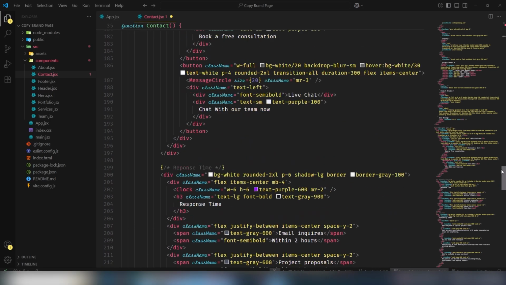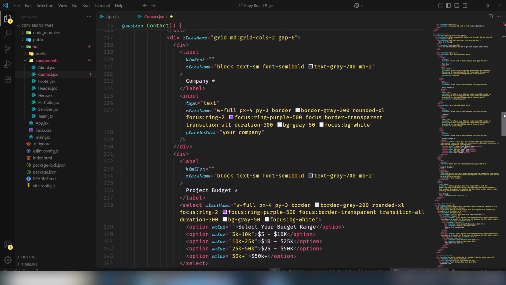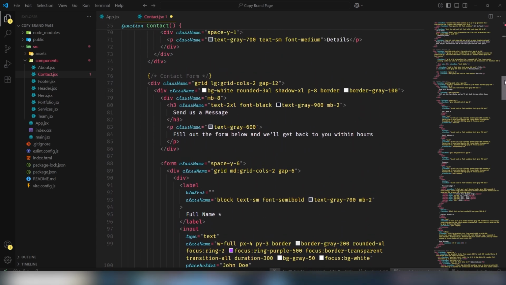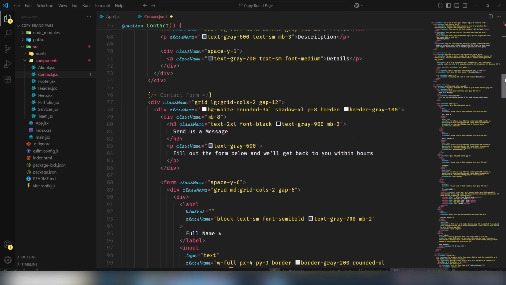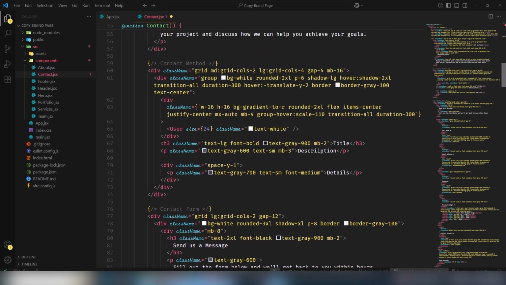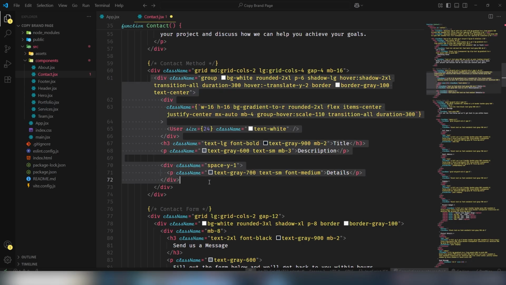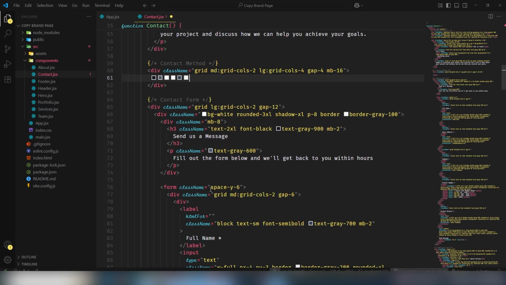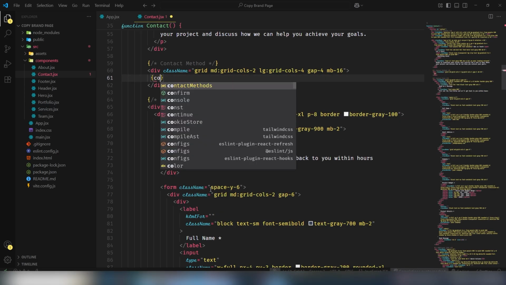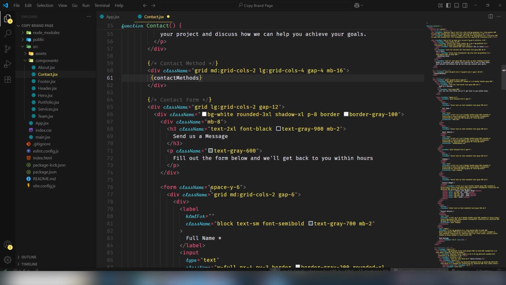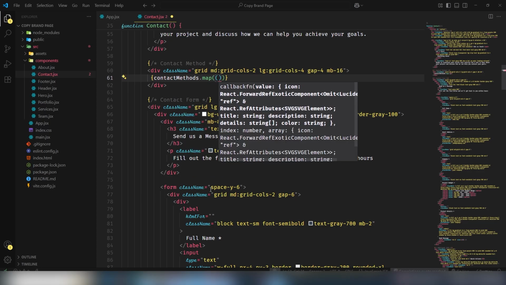Quick response, these are not important. The important thing, contact method. Okay, yeah. So this is a detail, so I just cut it, and I'm going to use contactMethods.map and